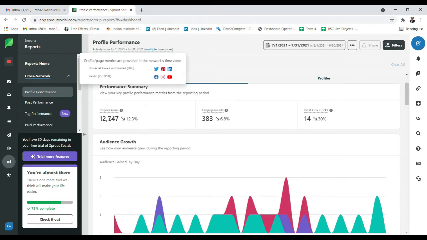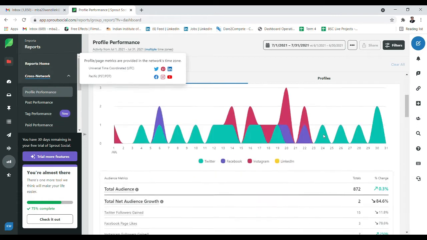As you can see, the impressions are 12,747, but it's showing a decline arrow of 12.3%. This simply means whenever the arrow is downwards, this is a comparison report, and the performance is 12.3% down as compared to the previous period. Similarly for engagement and post link clicks.